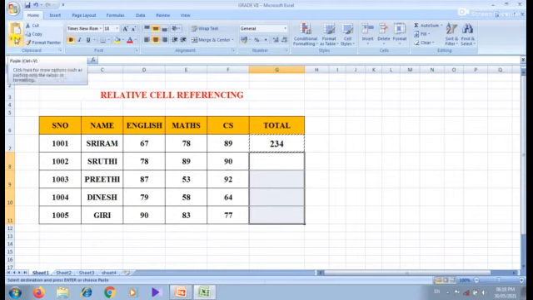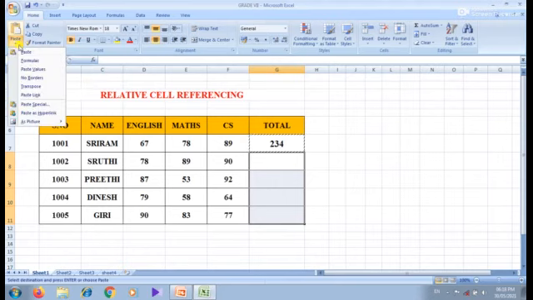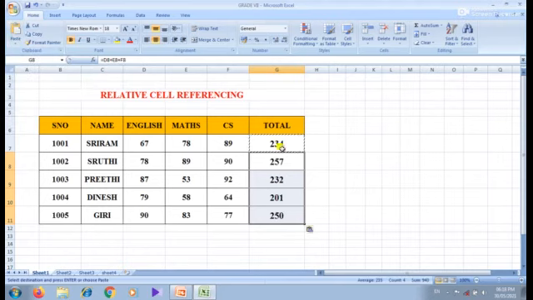Then I have to select the paste option. Here that formula is copied to all other cells. Now I think you have understood how to copy the formula using the autofill handle and using the copy and paste option.